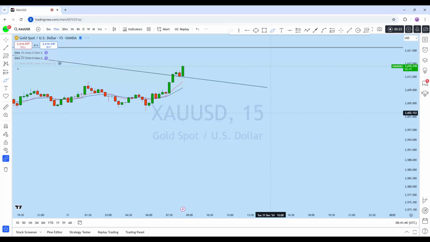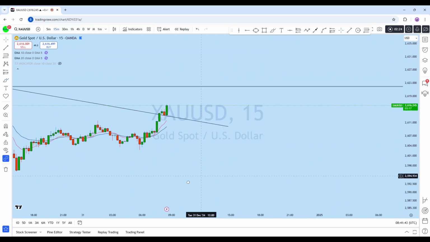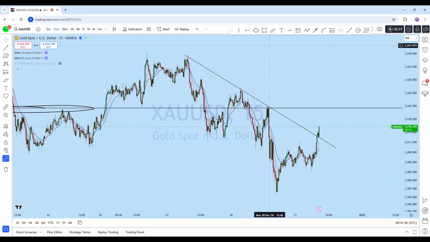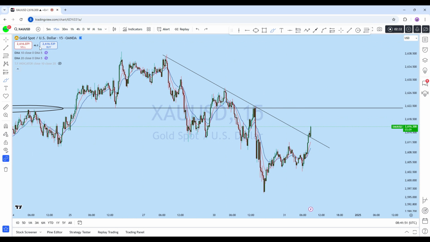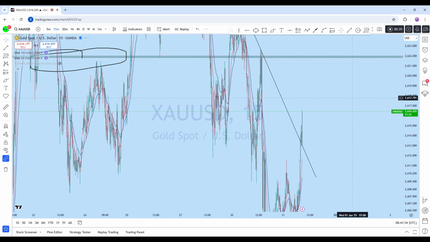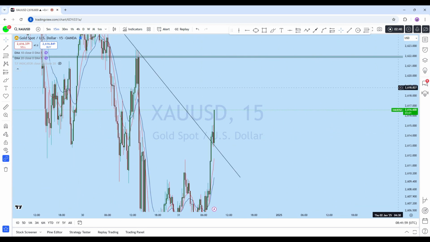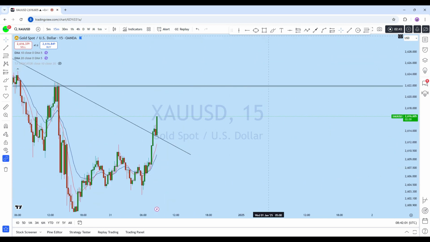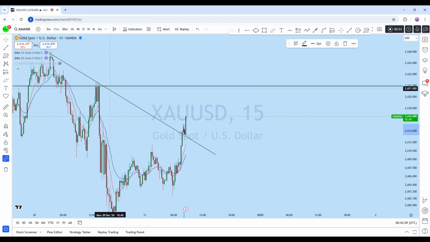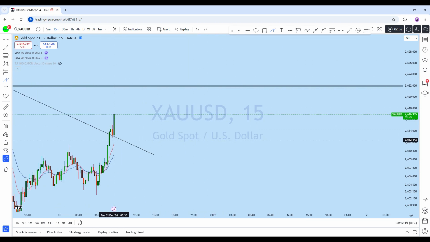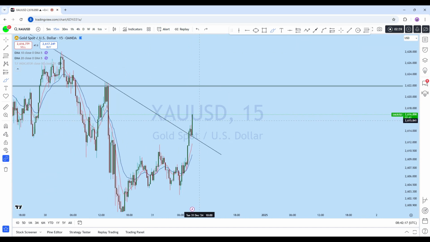So looking at the 15 minutes perspective from the day trading time frame, we can see a series of lower high formations. This is the 15 minutes price action, and we have seen a bounce from this level, and as we can see, there is an inverted head and shoulders, a strong breakout with that inverted head and shoulders, and we have seen a pullback to the previous resistance, which is turning support here. And currently in the market, we can see there is a strong bounce here,